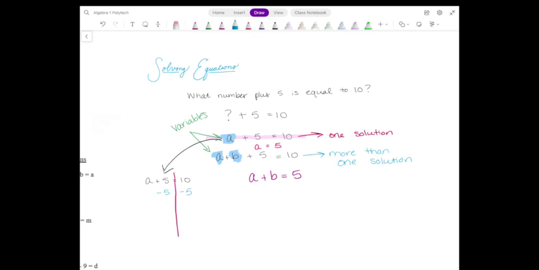But in order to be able to do that, we have to look for things that can go together. So what you'll notice here is I lined up this 5 with the other 5. And on the other side, I lined up the 5 with the 10, or the negative 5, I should say. And the reason I did that is because those are something called like terms. All right, when we got two things that go together, those are like terms. And it just means that they have either the same letter, the same number, same exponent, and only likes can